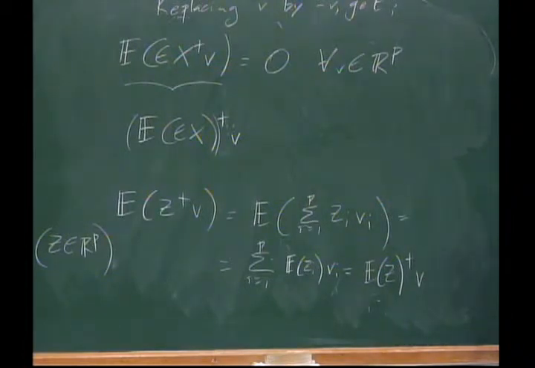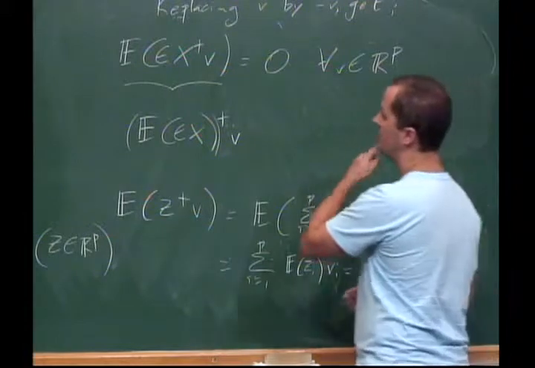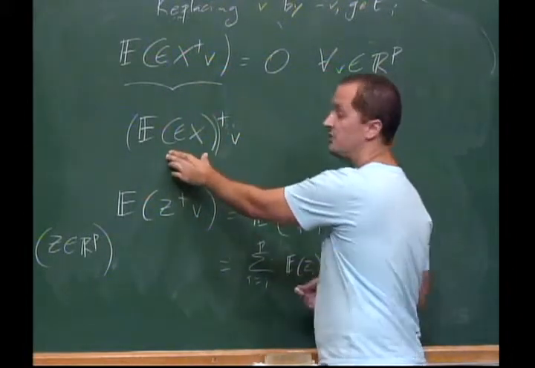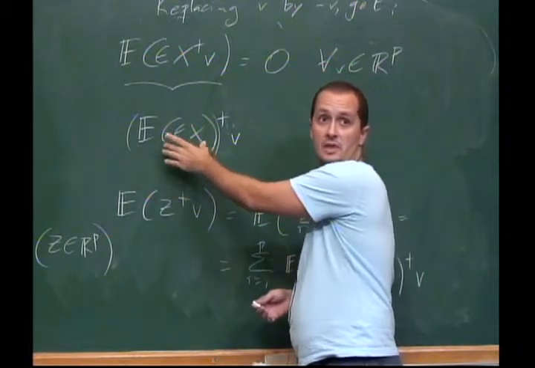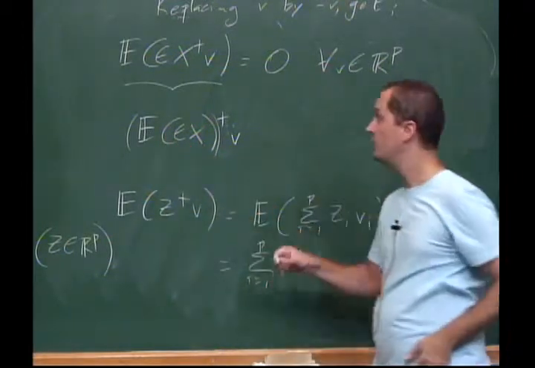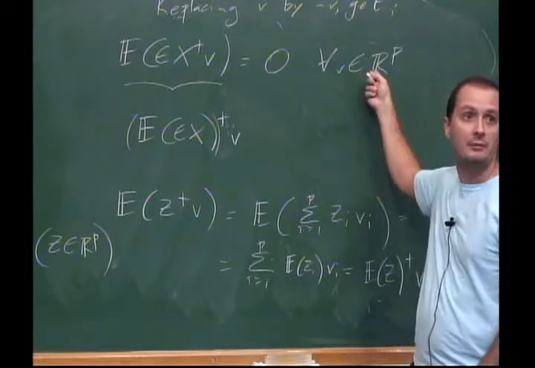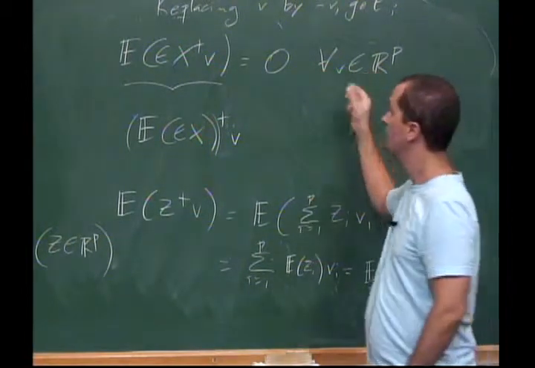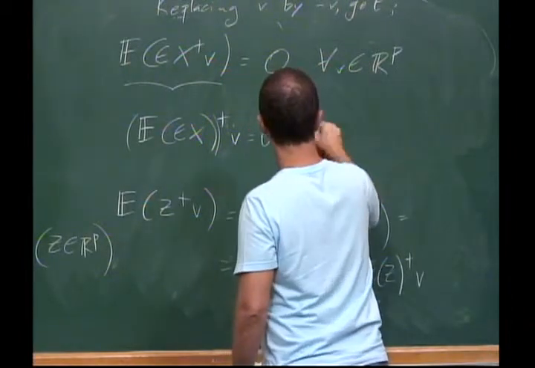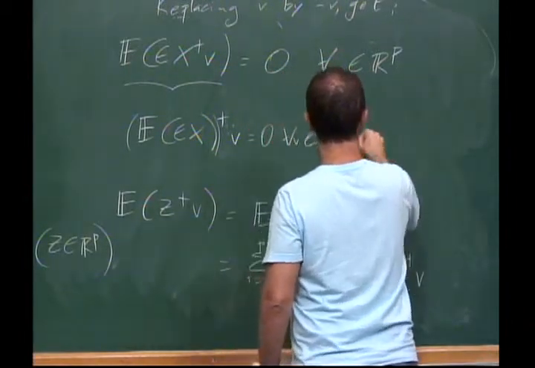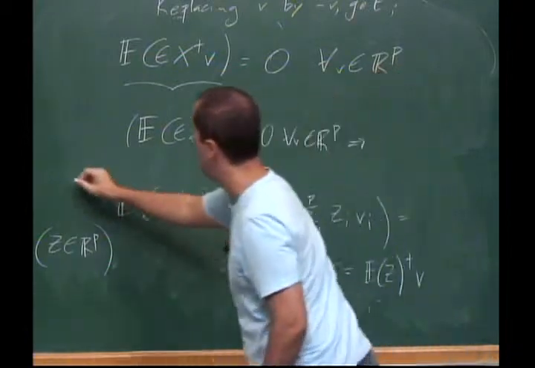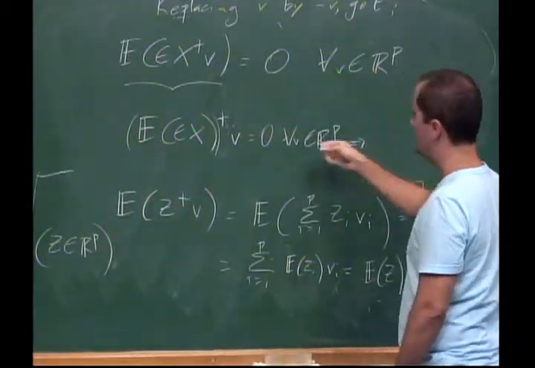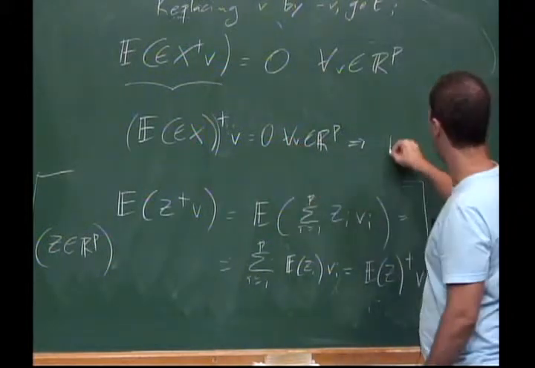And why is this important? There are many other ways to make this last step, but the way you want to do it here is this: I have this vector, which is just an expectation, and we know that this vector has inner product 0 with everybody. What does it mean? It means that, and this is sort of an aside, this vector here must be 0.